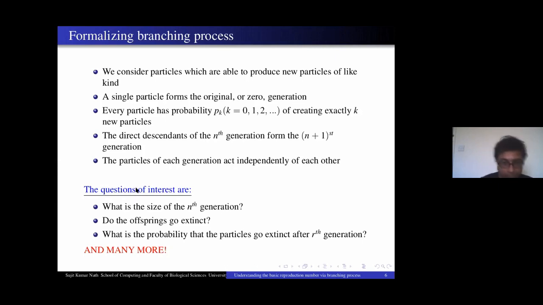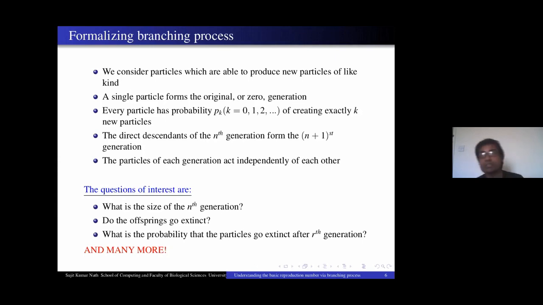Now the typical questions we ask in branching process theory are like, what is the size of the nth generation? So this is a random process. In a deterministic branching process, it is very easy to understand, but in a random process, it requires some calculation to understand what is the size of the nth generation, and also whether the offspring go extinct in the end when the number of generations goes to a large value. After a large number of generations, whether those particles go extinct or not,